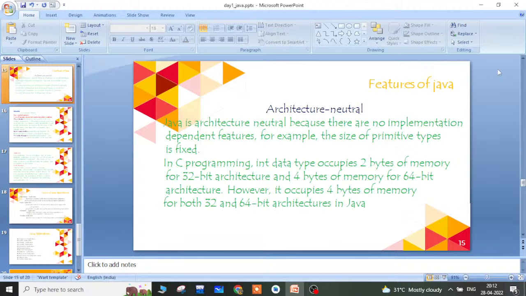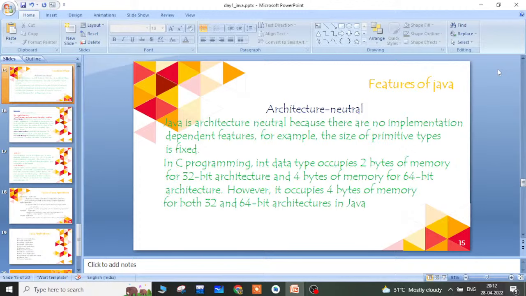For example, take the previous programming languages like C and C++. When we discuss data types, every data type has a size, and that size depends on the type of processor we are using.